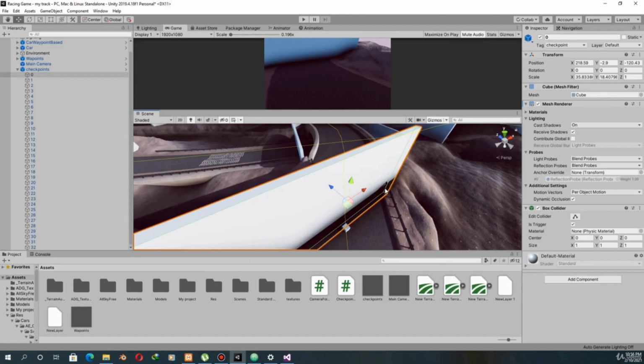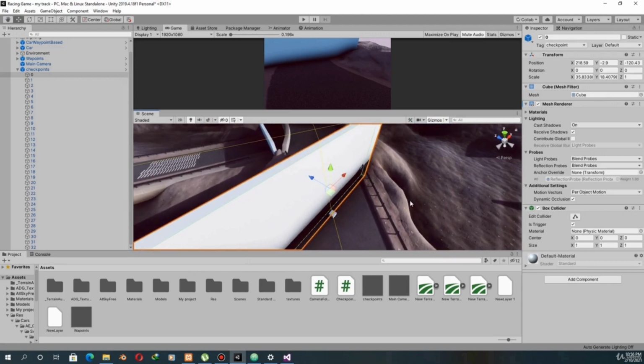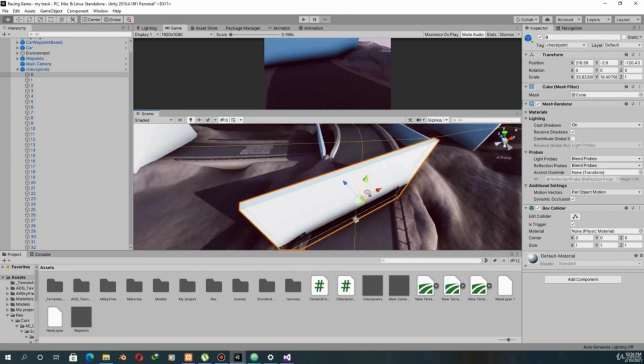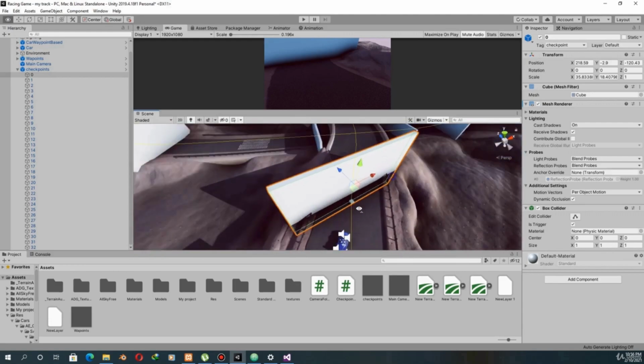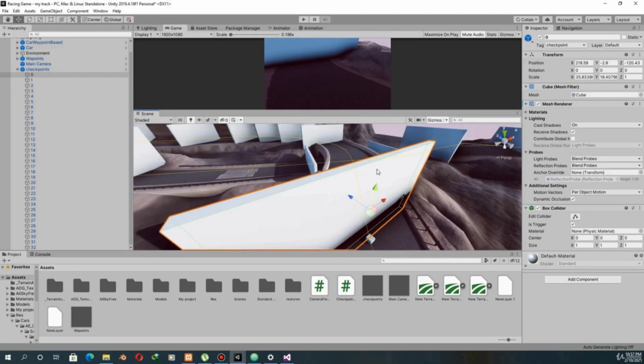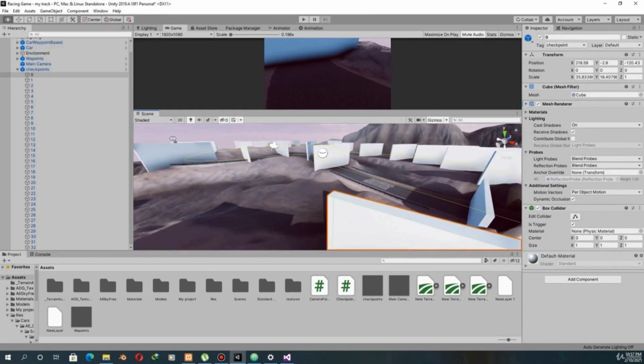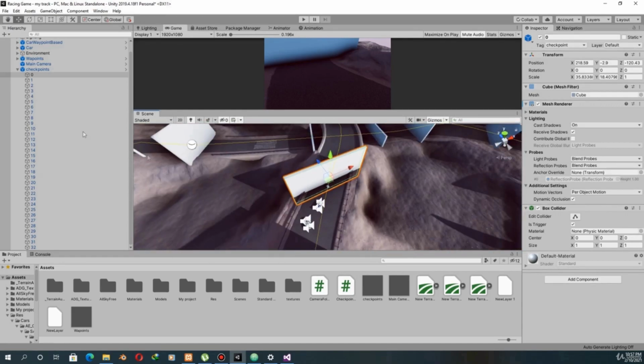This waypoint system will also be available as a Unity package inside the resources. And similarly, we will place these waypoints all around the track. Now also note that I have created a tag checkpoint and assigned each of these checkpoints this tag.